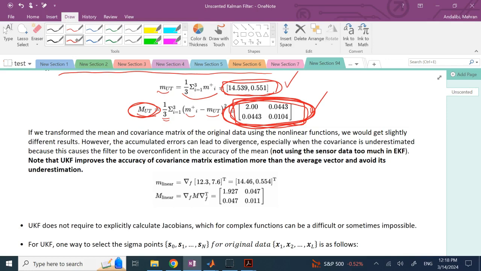And when they accumulate, that is going to cause your EKF to what? To not show such a great performance. And I'm going to show you in an example soon, but it's the accumulation of these small errors that is important. Now, again, if you look, the average of the linear transformation and the average of the UT method are